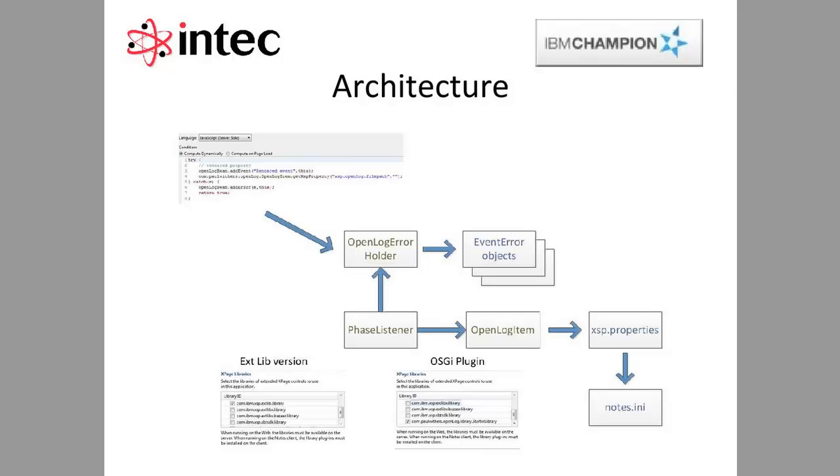So just to track through the architecture, and this is useful if you're starting to dig into the code and trying to understand what it's actually doing. In your try-catch block, you'd have the reference to OpenLog bean. That's a managed bean, which corresponds to the OpenLog error holder Java class in the code. And the add error or add event methods of that,